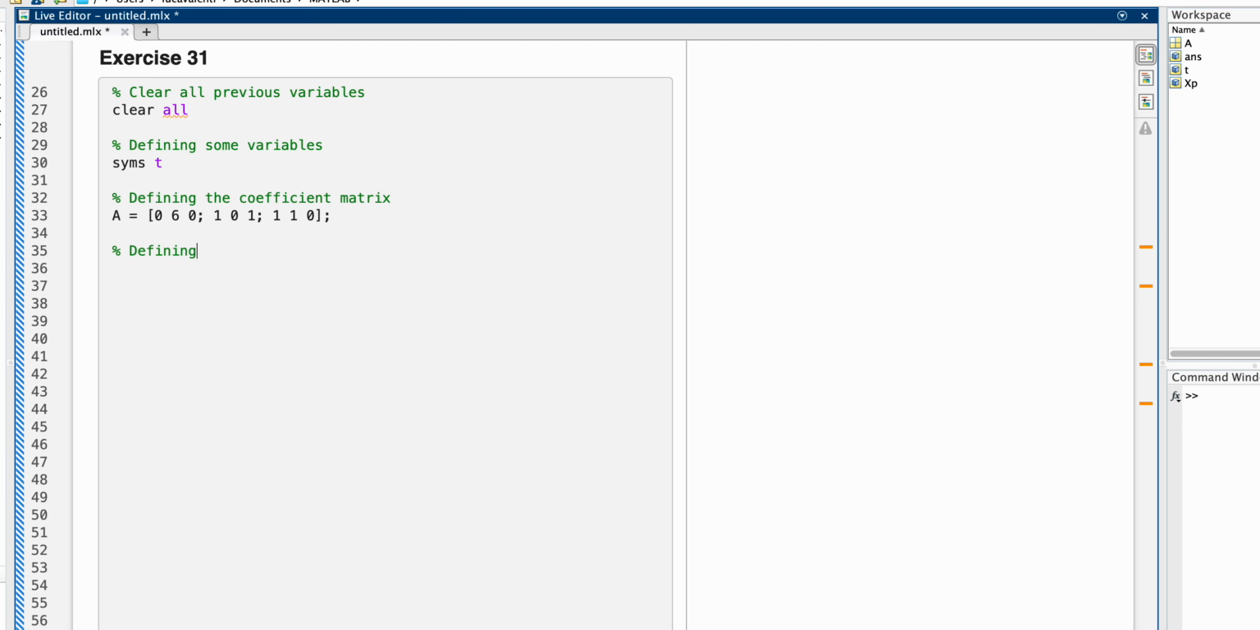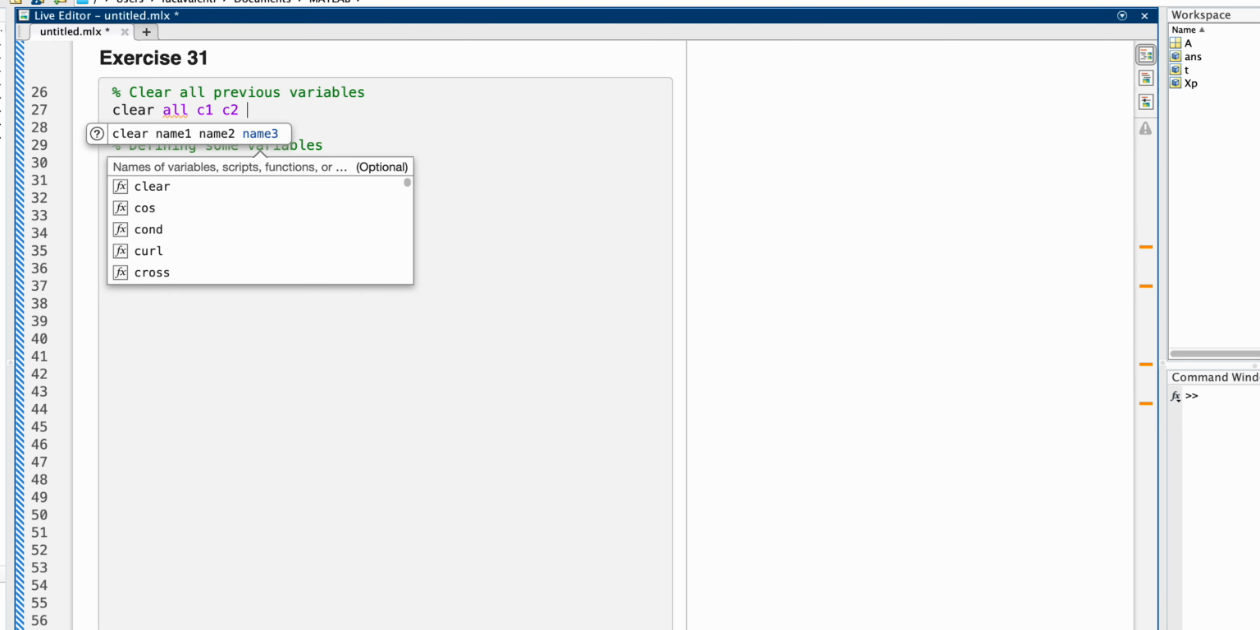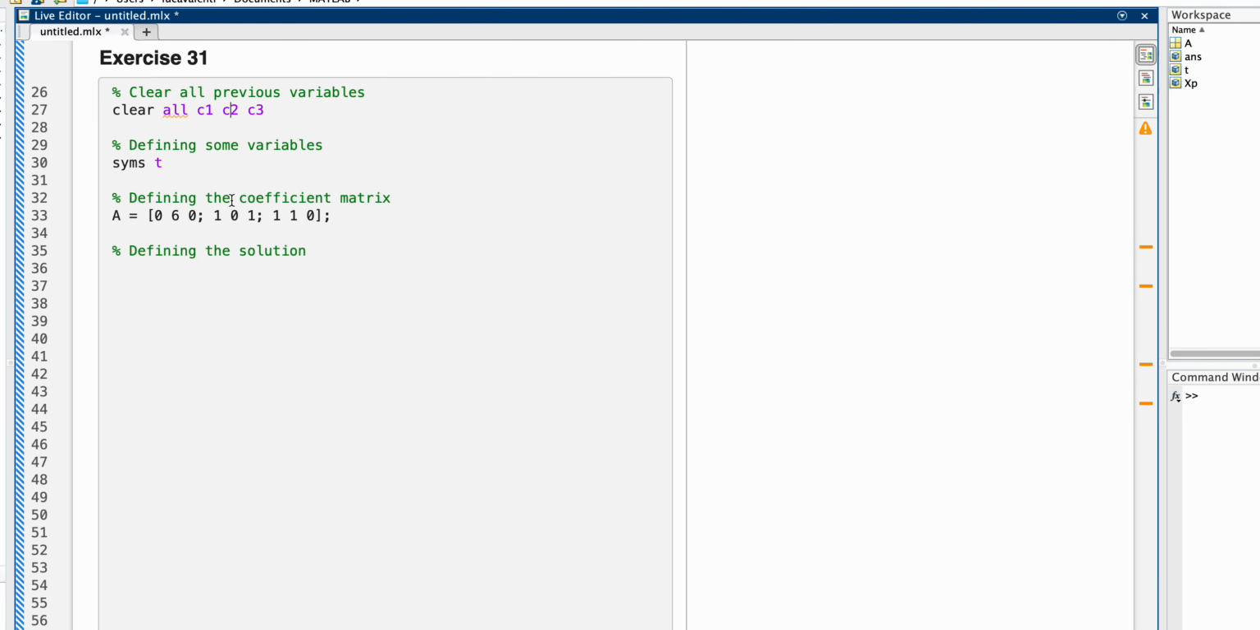Then what else do we do? Well, I'm going to define the solution. And now I realize that in my solution, I also have those three constants. So I'll add them here because otherwise MATLAB won't be able to deal with them if it doesn't know what they are. And I'm telling you, they're variables. They're variables, but they're constants. You know what I mean? They are symbols that stand for a value. And now we're going to define that